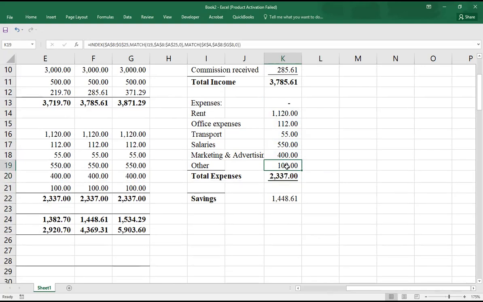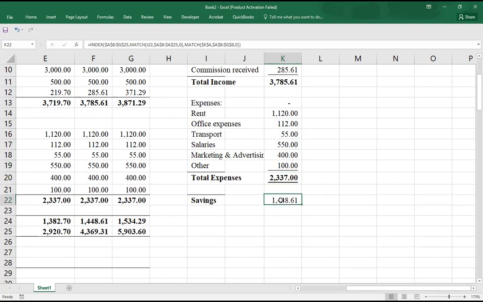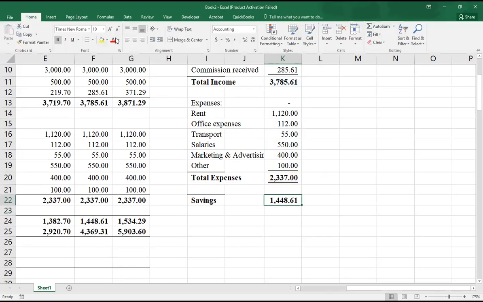That will be our total expenses. If you want our savings, the savings are the same as revenue: our total income minus total expense. So that's the budget data that we have prepared. Once we have that in mind,